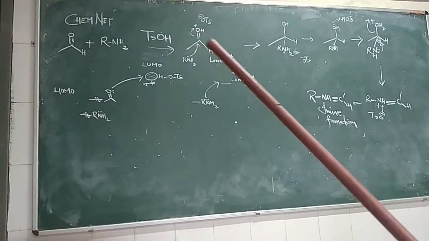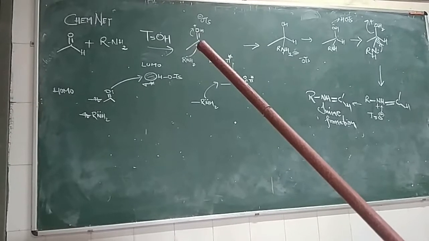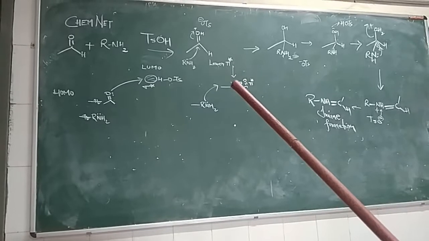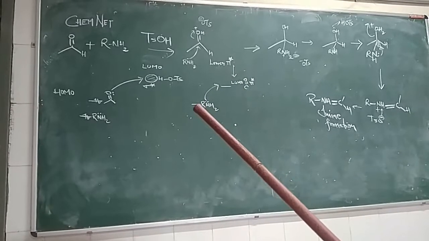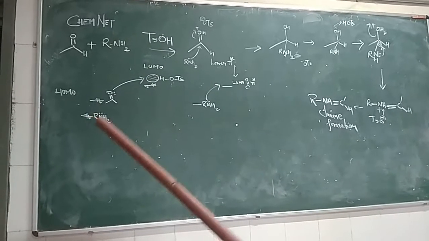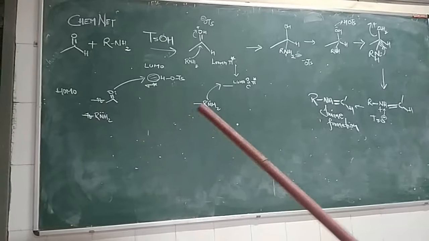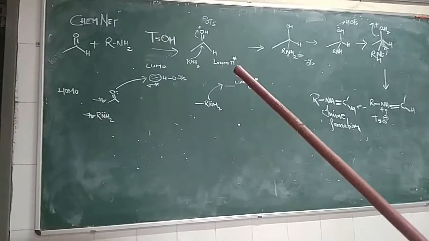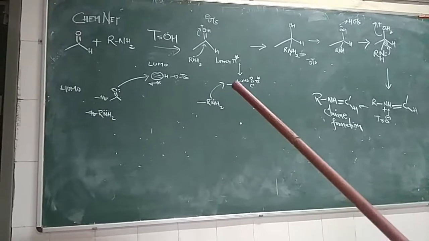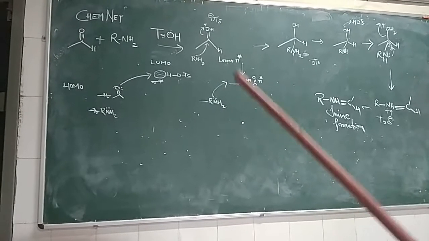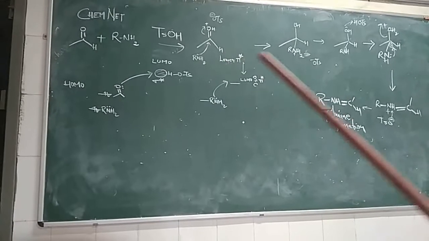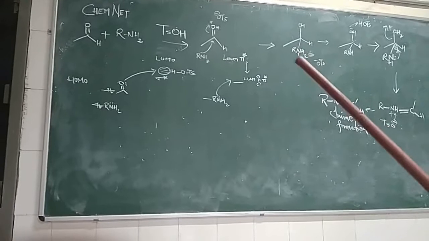Thus, the pi star of this carbon will go further down in energy, which can be easily covered by the lone pair, a low energy lone pair of the amine. So this gap will be much smaller now after protonation, and it can easily interact with the LUMO, the pi star of this carbon. With this, the reaction proceeds to this part, and